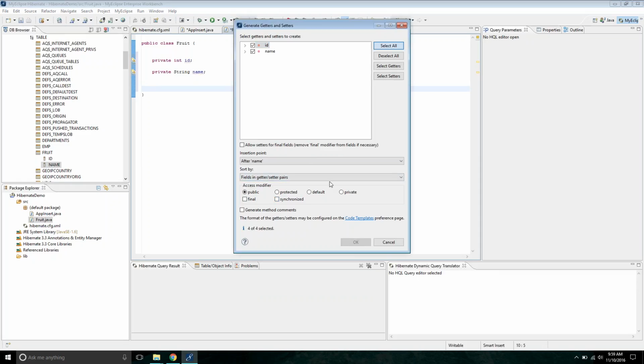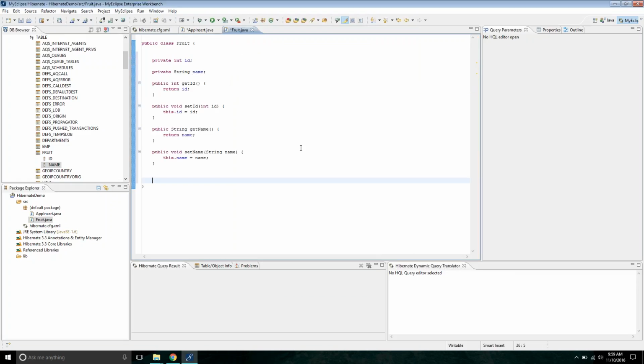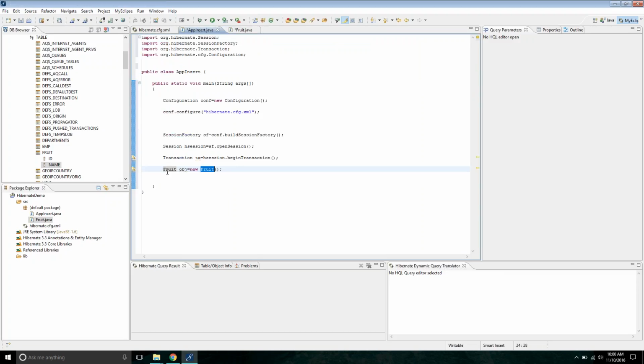And now see, the error will be gone. There will be no error. Now I need to insert the data. To insert the data or to initialize the data by using an object, we have a method called a set method. Now, object dot setId of 1. Object dot setName of